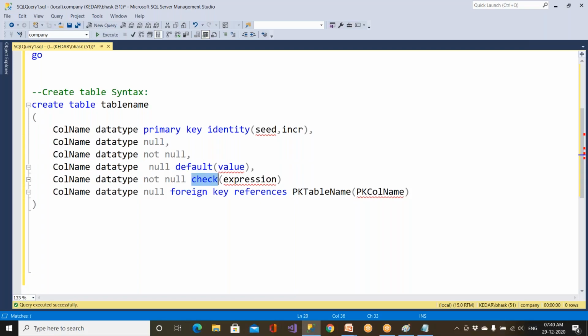And we discussed one-to-one, one-to-many, how to create primary keys and foreign keys. Diagrammatically we saw, but programmatically, this is the way of establishing a relationship from the primary key table to the foreign key table. So this is the syntax, and say go. This is the syntax you can use to create your table. Am I clear?